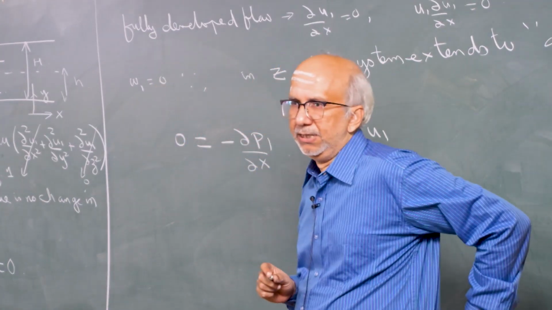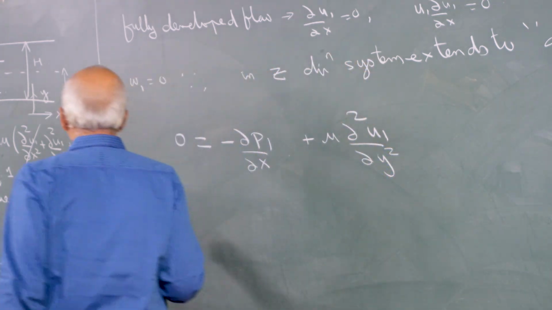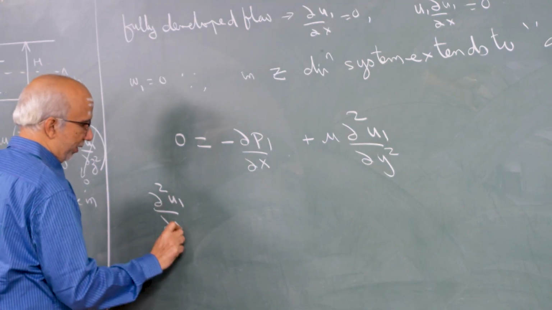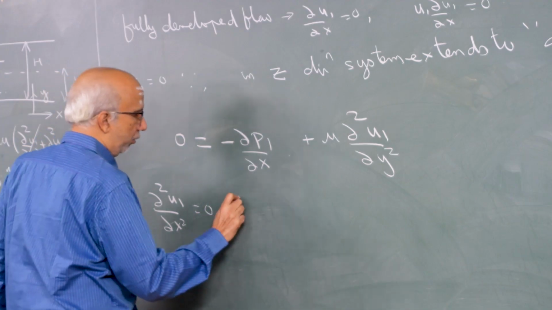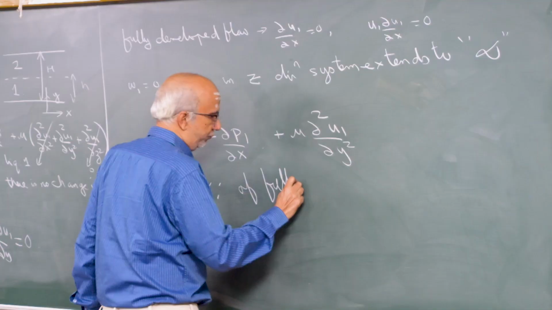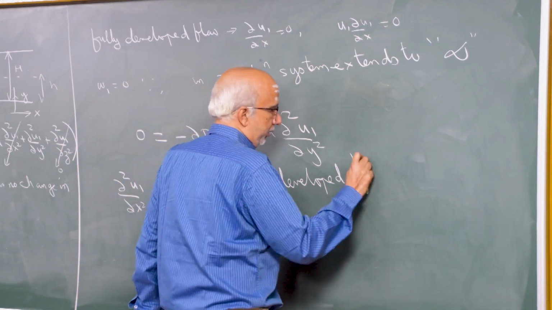That is my simplified equation. Okay. Now, I want to explain that d square u1 by dx squared is 0 because of fully developed flow,